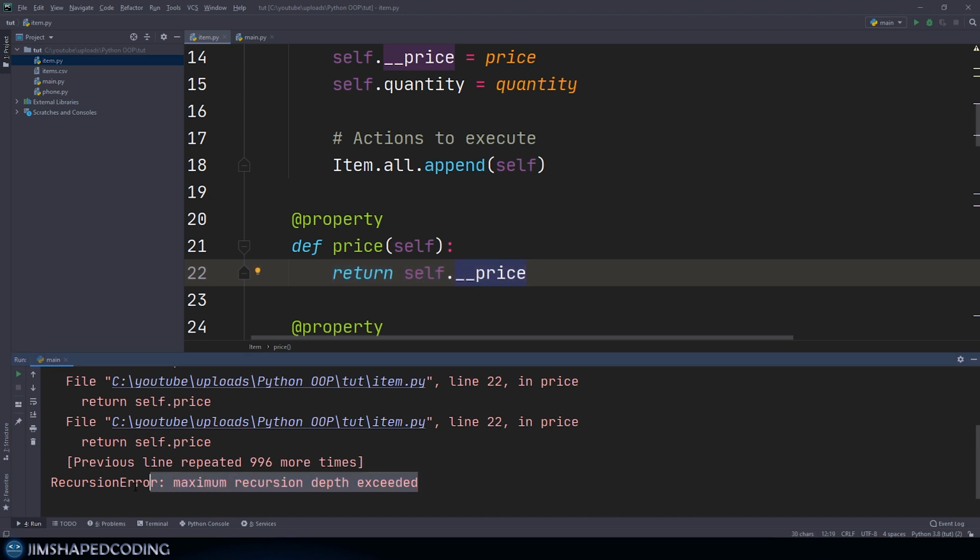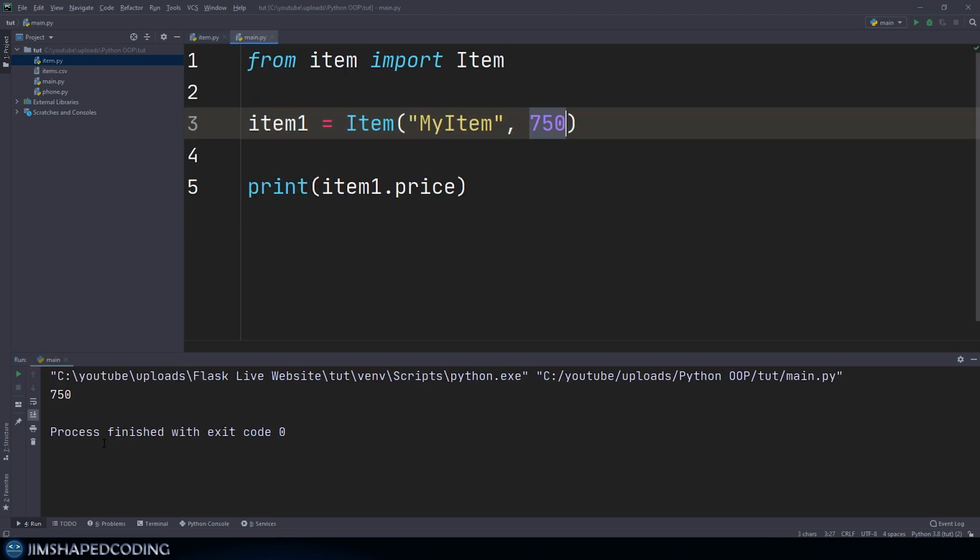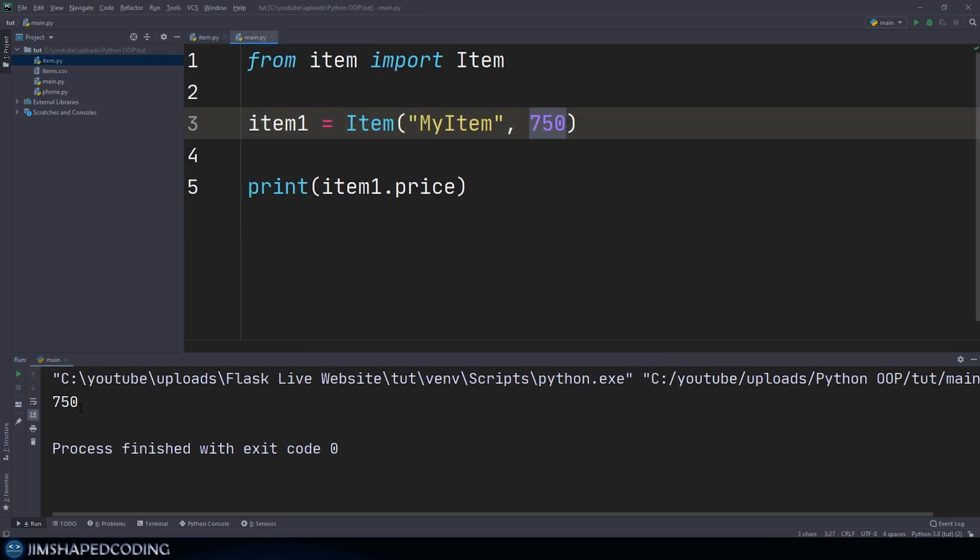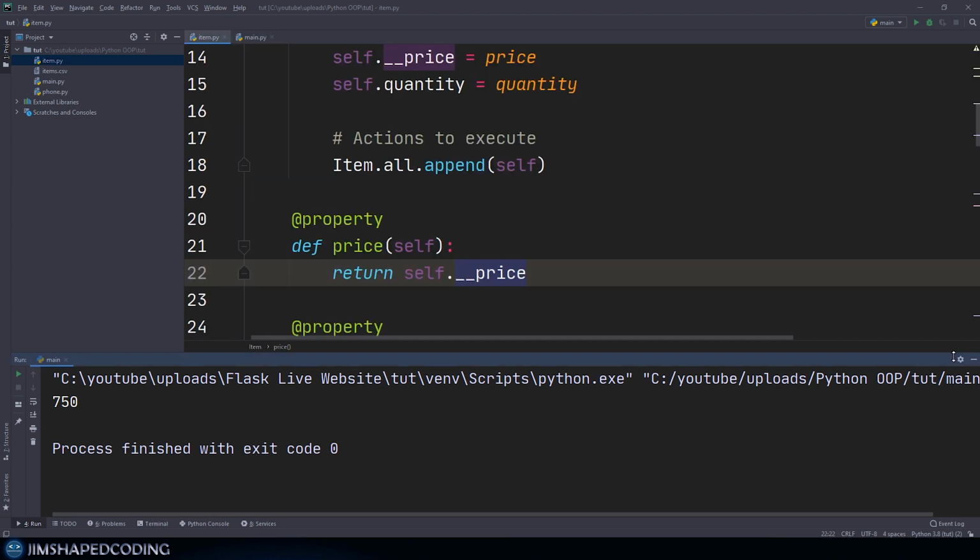So that's actually a great exception that we see now, and if you see this exception in your object-oriented programs, now you know how to handle it. And if I was to come back now to main and execute that, then you can see that the expected result is here. Alright, so now that we have done this, then let's go back to our class